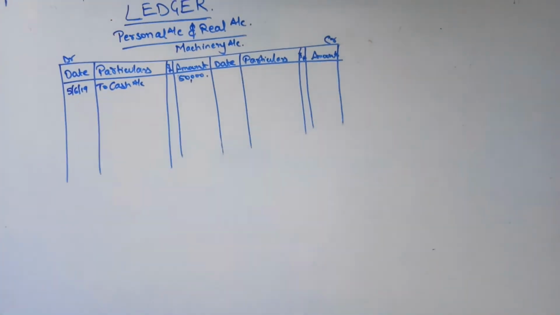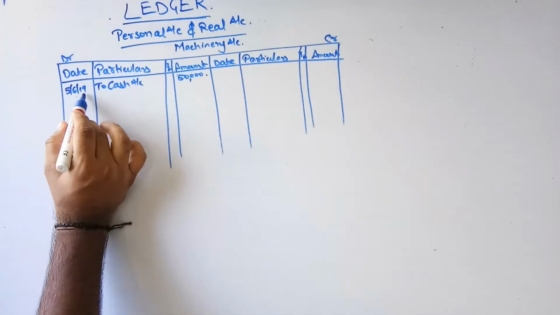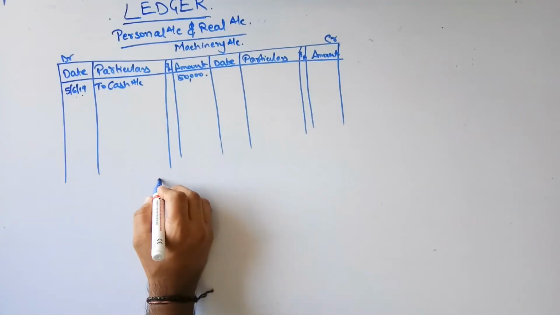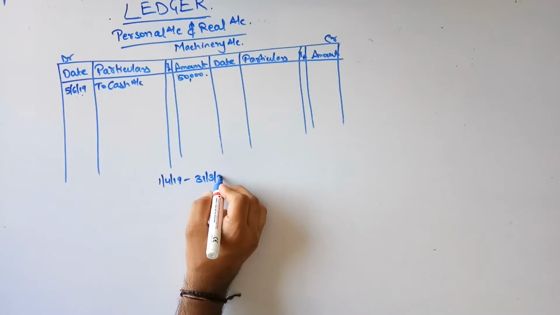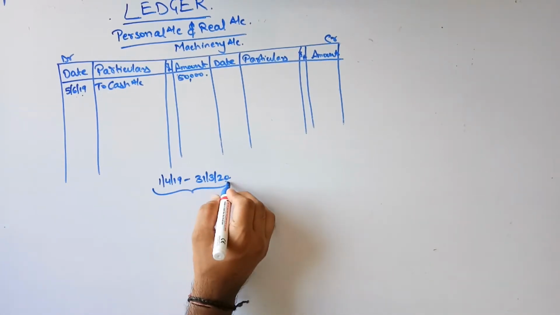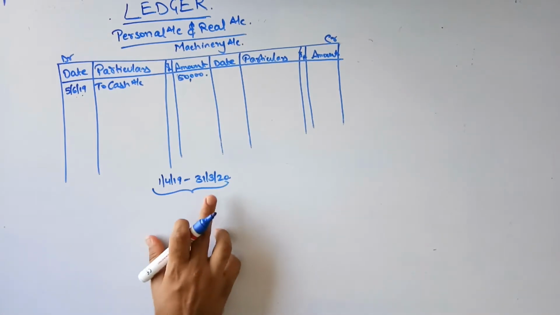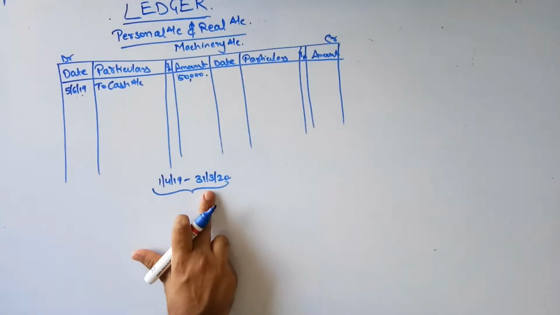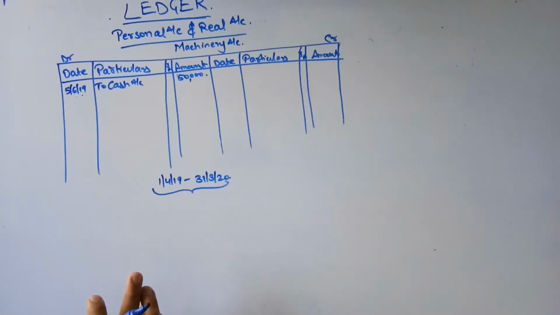When we close this account, always remember what the financial year is for us. This is 5th of June 19. So the financial year is 1-4-19 to 31-3-20. Correct guys? For this financial year, when is the last date of the accounting year? 31-3-20. So as on 31st of March 20, you will be closing the account. You will be balancing the account.